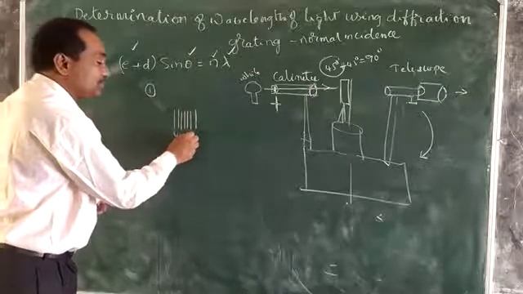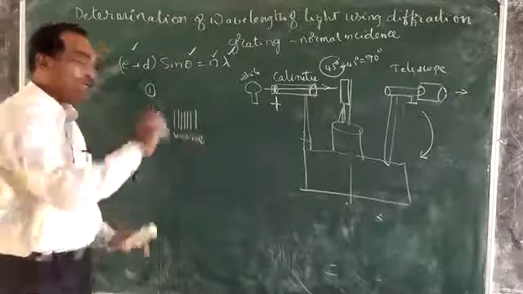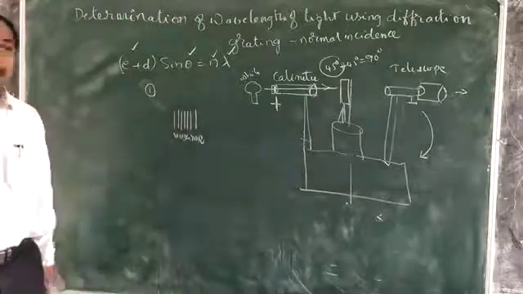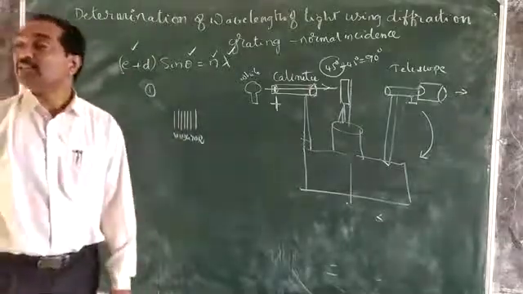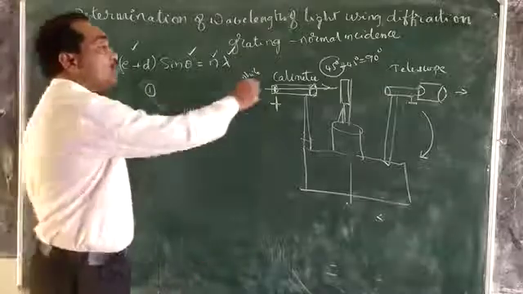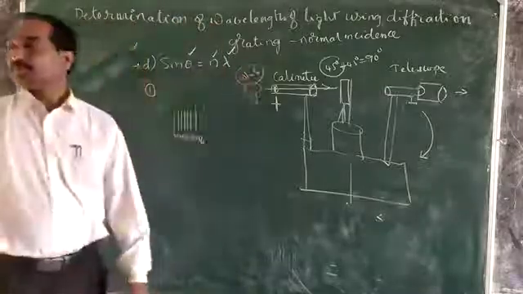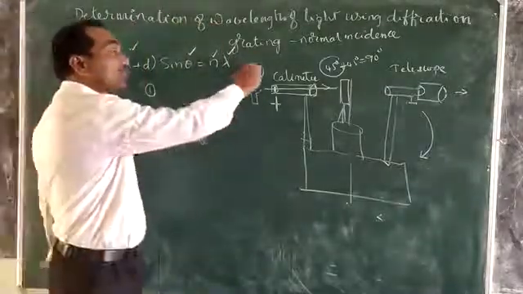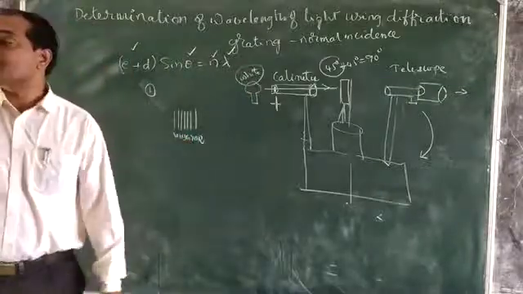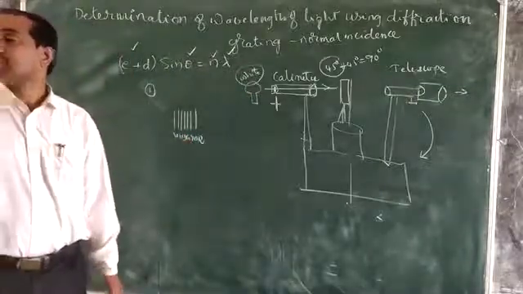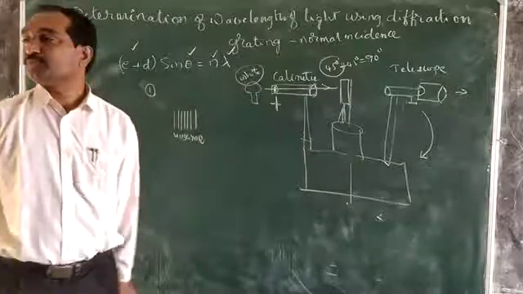VIBGYOR: violet, indigo, blue, green, yellow, orange and red, when we use a white light source. We can observe this spectrum through the telescope